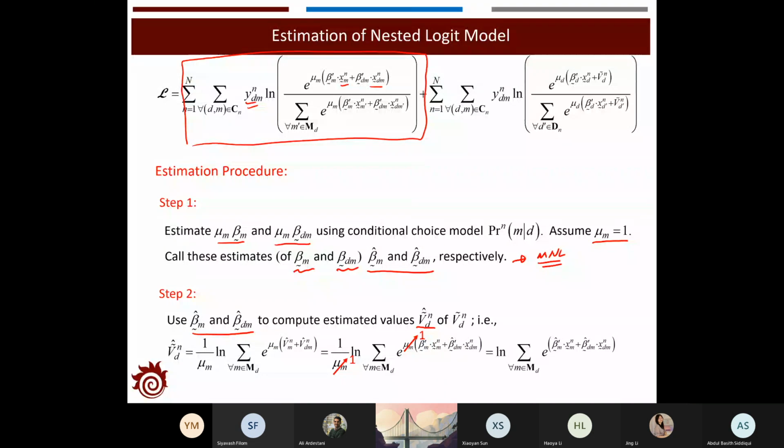So we're going to apply this equation to calculate the log sum term. We assume that mu m is 1, and we have the value of beta m hat and beta dm hat. So we will be able to find out the log sum term for each destination d. And